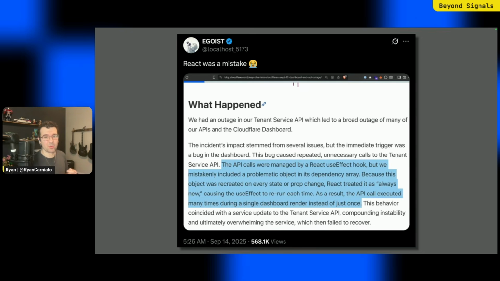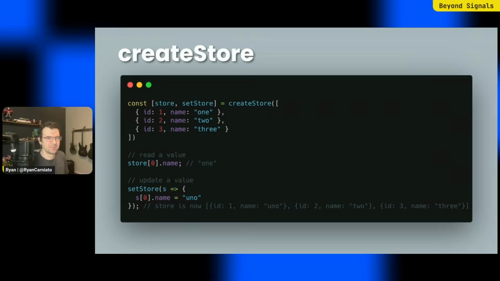Ever so often you hear a horror story where someone has used useEffect to DDoS themselves. Usually it's a business or a user racking up infrastructure costs, but when it's Cloudflare, a company itself known for DDoSing, it gains attention. Now, this could have happened with any framework. Loss of referential equality on dependencies cause signals to over-execute as well. But there's a reason this tends not to happen with fine-grained solutions.